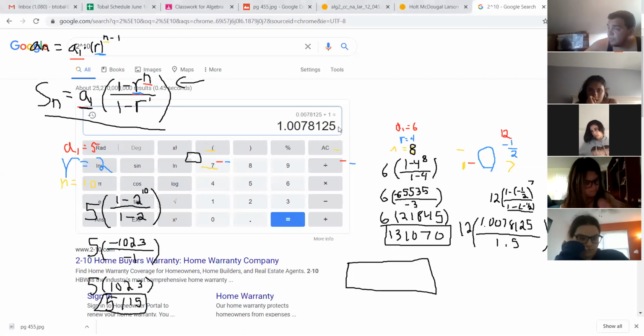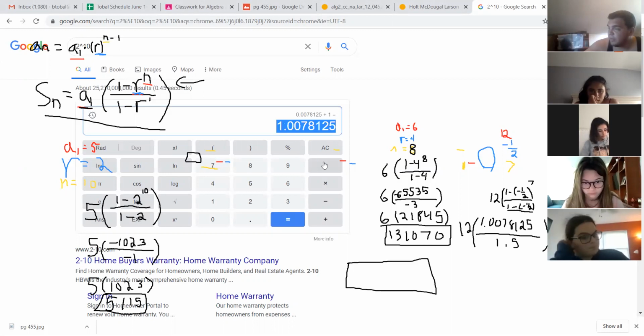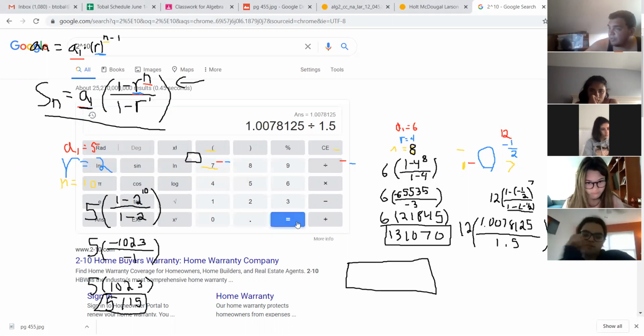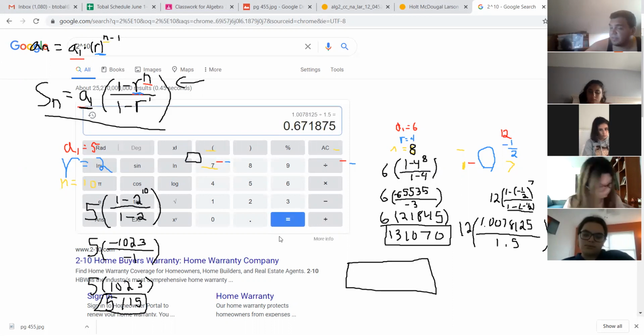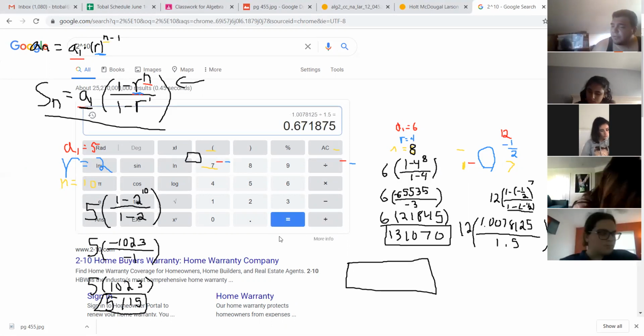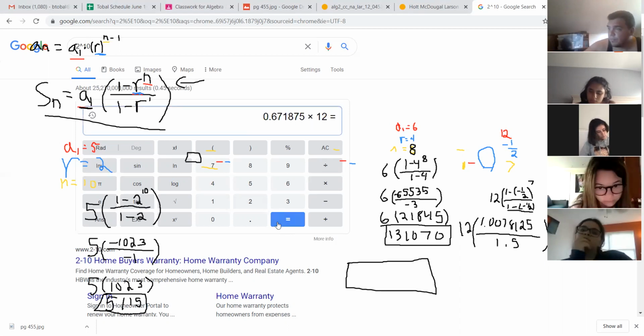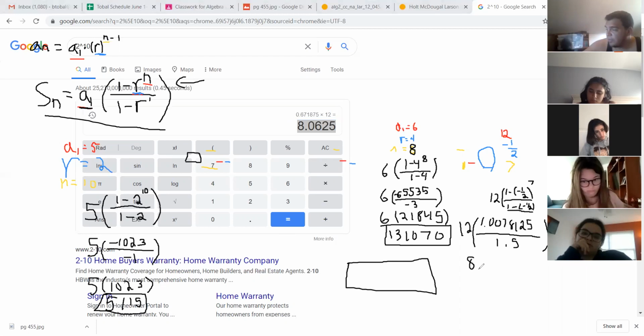So we're going to take this number right here. I can't highlight it there. This number right here, and we're going to divide it by 1.5. We're going to get some crazy decimal. Yeah, less crazy, I guess. But then we're going to times it by 12. So our final answer, and yeah, we need a calculator for this, and that's okay, is